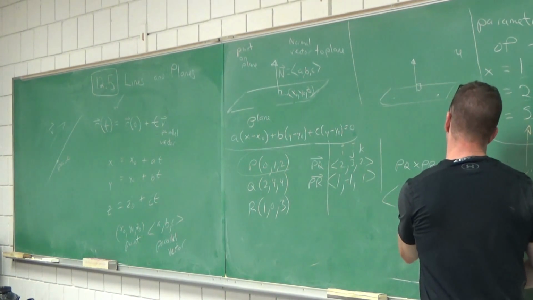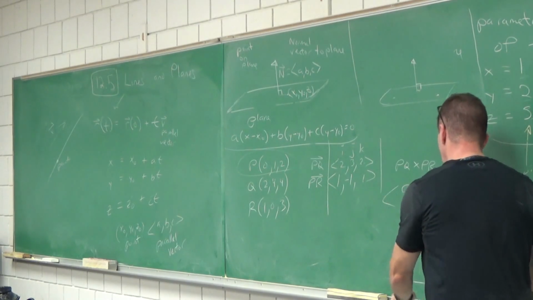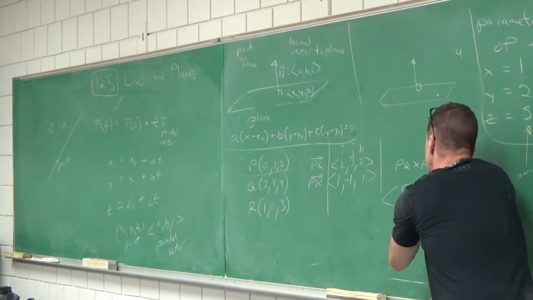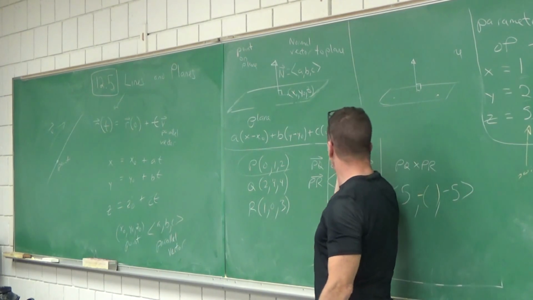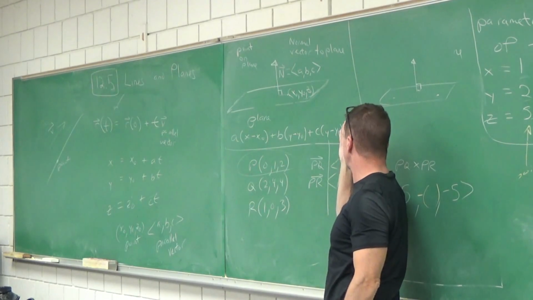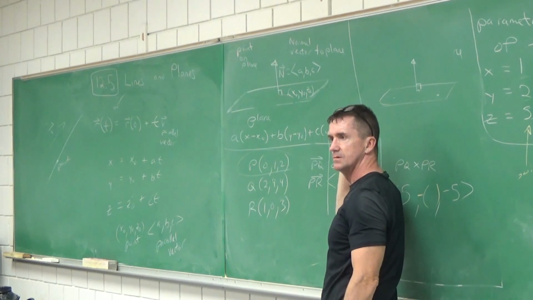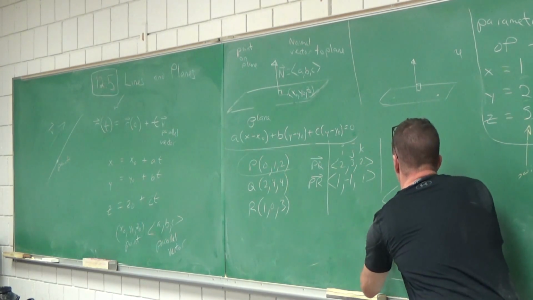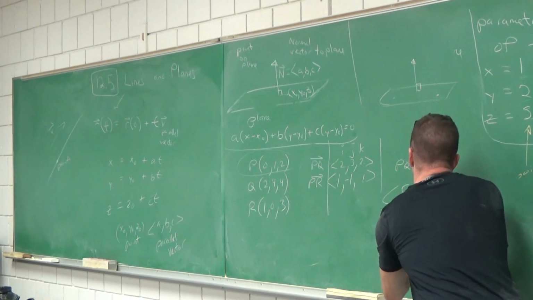Now remember, what do we do on this middle component? We put a negative on it. We never do it on the others. Middle column, wipe it out: 2 times 1 minus 2 times 1, change the sign. So what's negative 2 minus 2? The negative of a 0 is just a what? 0. Hey, there's our normal vector.